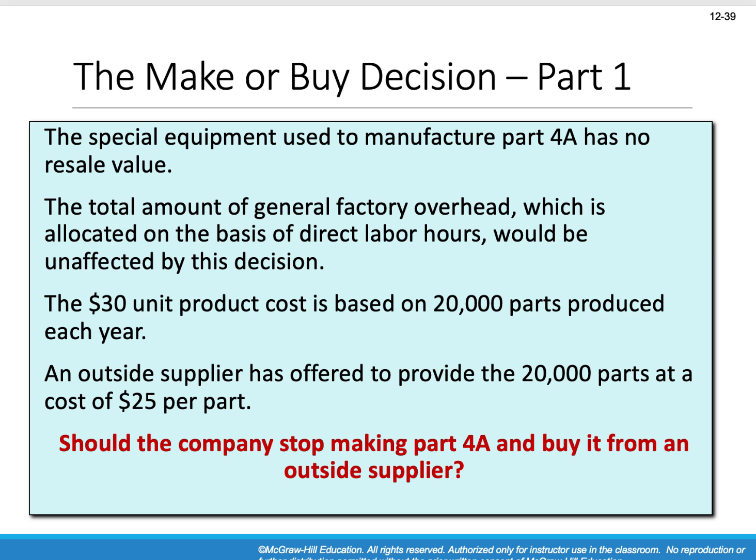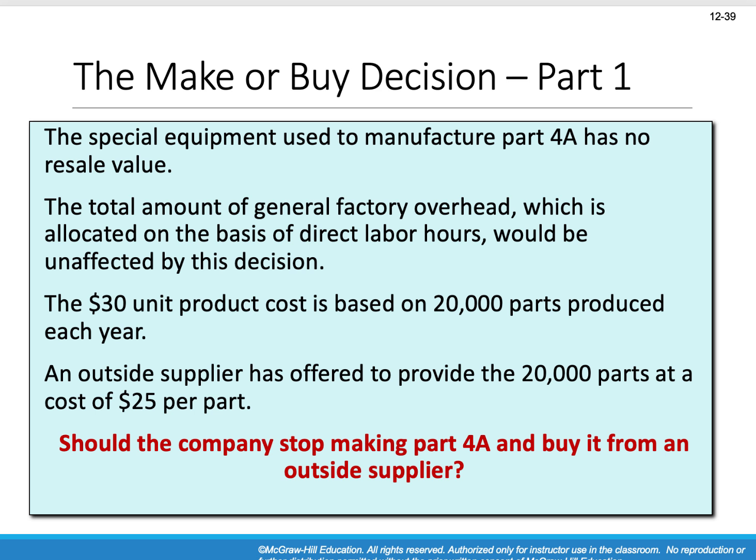In that situation, general factory overhead is irrelevant because it doesn't differ between me making or us making the product or us buying it from a supplier. Okay, they go on to tell us that the $30 unit product cost is based on 20,000 parts that are